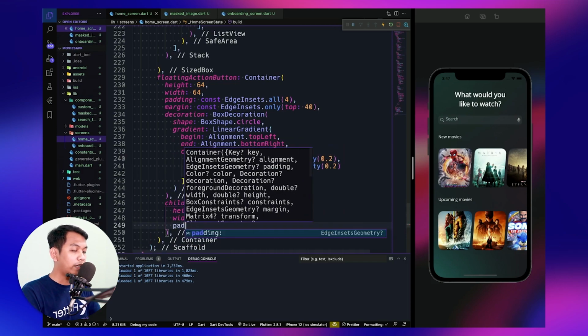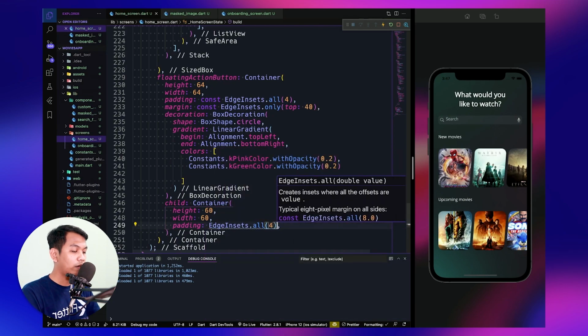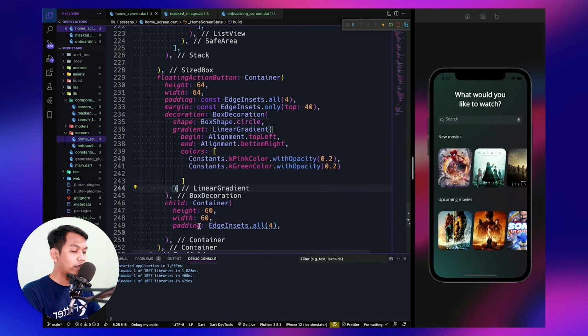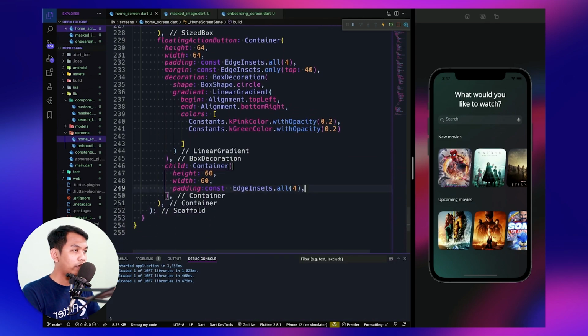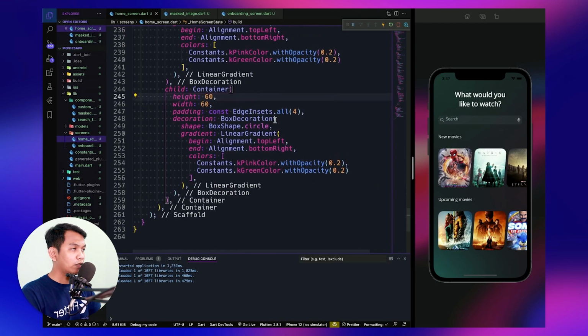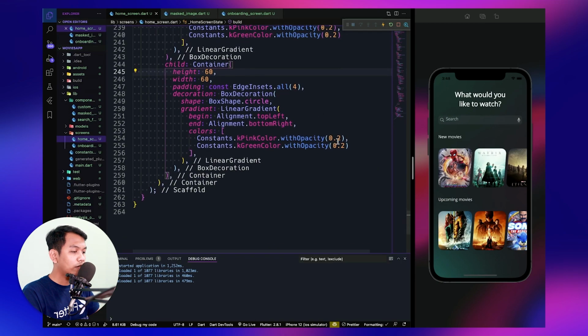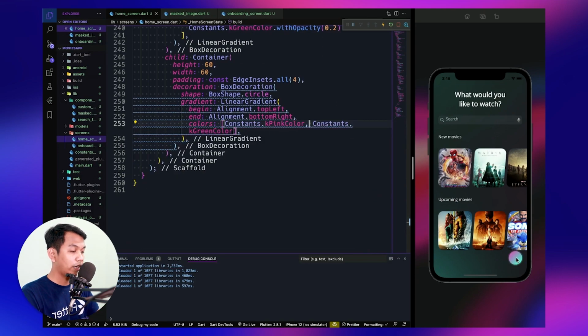And for the padding, we will set it to be all 4, and here we add const. And for the decoration, we will copy from this, and we need to change a little bit. So we will have it look like this.